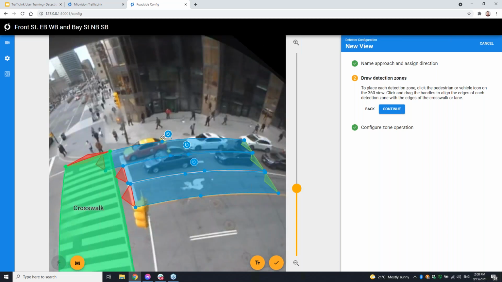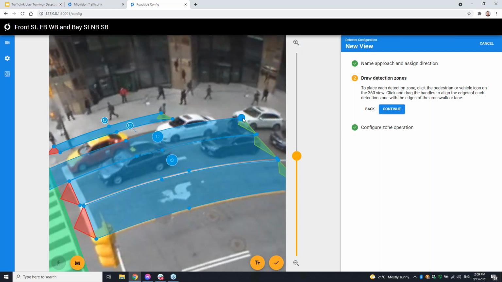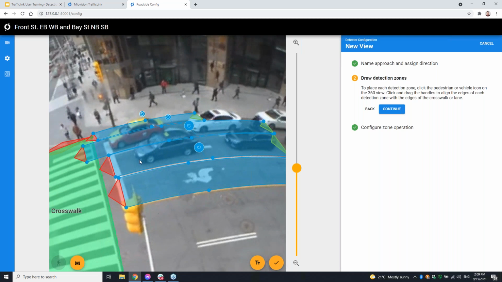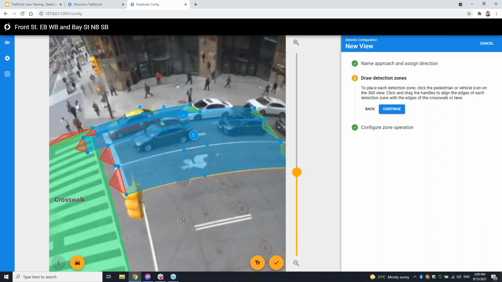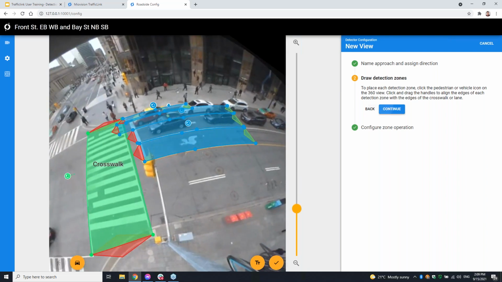But say for an example, I did mention this earlier, where you could have overlapping zones, say for a bike zone. Say we had a little sliver of a bike lane on the side here that was a little bit of a shared lane for the vehicles as well. Often when you have a bike lane, they're a little bit more separated. So let me just edge this in a little bit. Let's pretend for a second that there is a bike zone right there, so we'll put that zone there as well. You can overlap these ones separately because we're going to configure them based on classification, and they're going to be exclusive of each other. So we've got our zones in place, so let's quickly configure them as well.